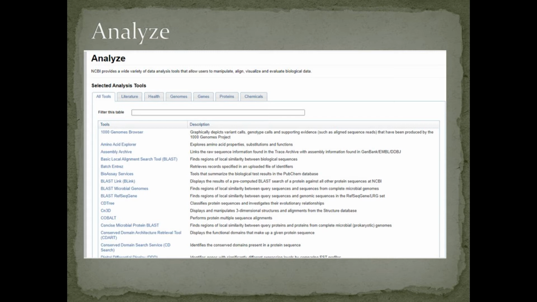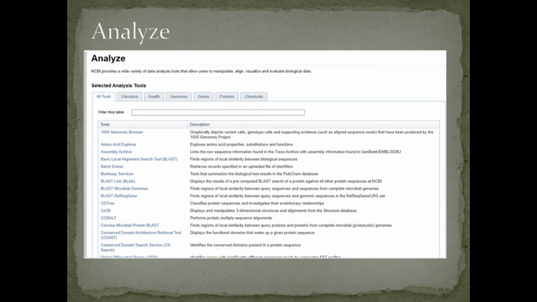A COBALT search can be launched either from the BLASTP results page or from the main COBALT search page, where either a FASTA sequence or an accession number may be entered into the query sequence search box. Links at the top of the COBALT report provide access to a phylogenetic tree view of the multiple alignment and allow the user either to launch a modified search or download the alignment in several popular formats.